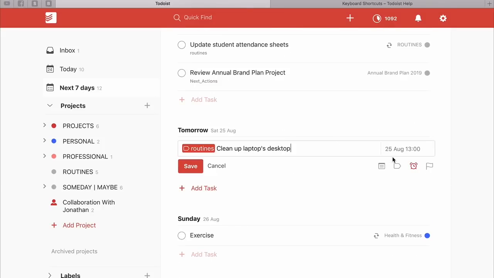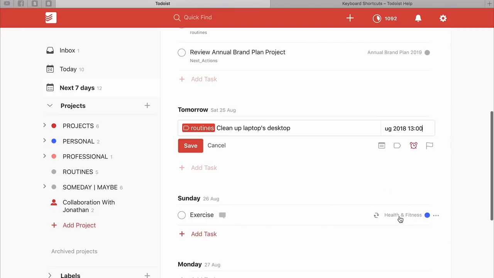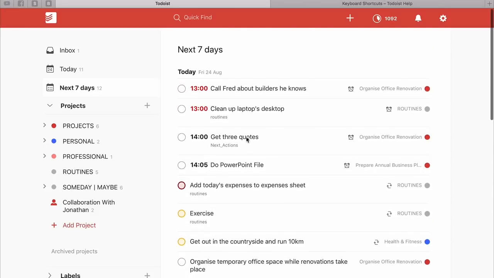And I'm going to change that to the 24th as well, like that. And you'll see now that these have turned red. And that's what happens when you actually are using times. Now, times is not something that I particularly use when I'm organizing. I just use the flags, and I just wanted to give you an update on how I actually use the